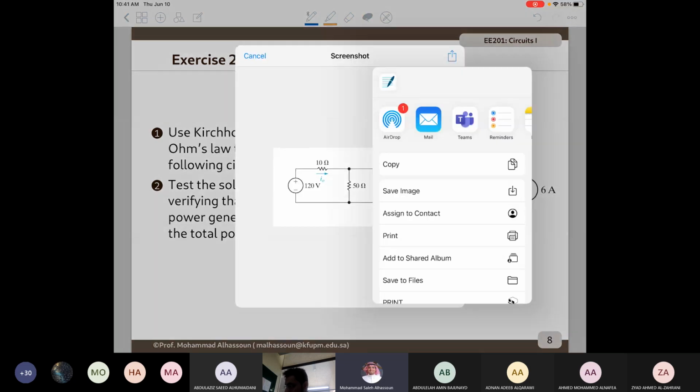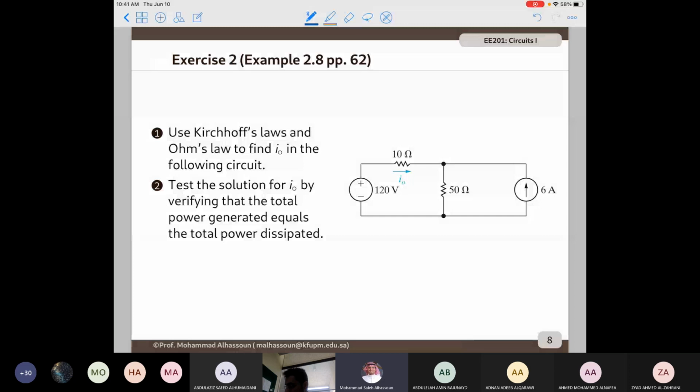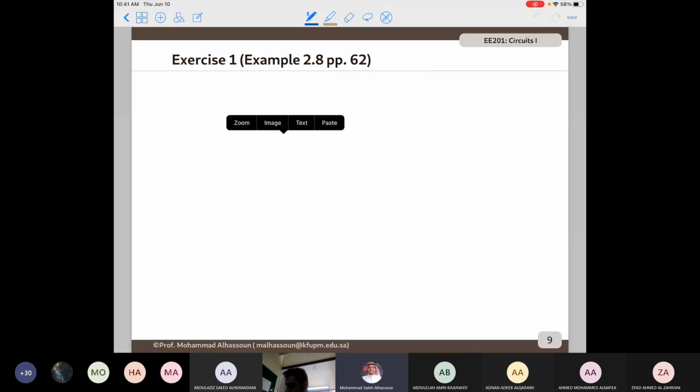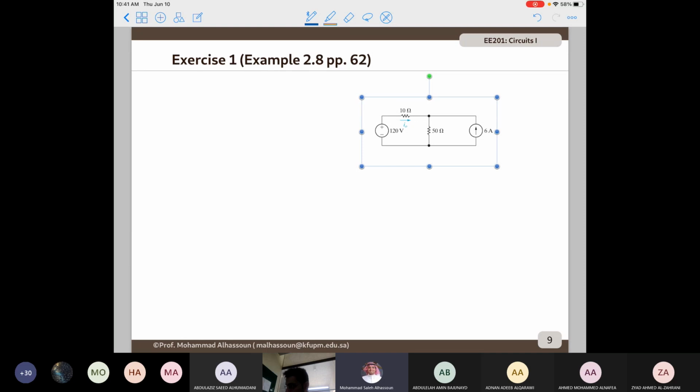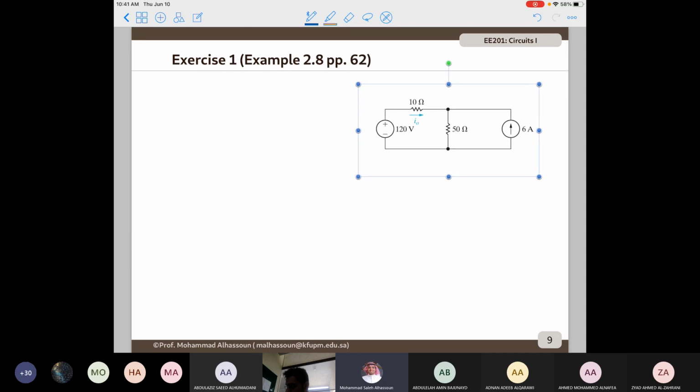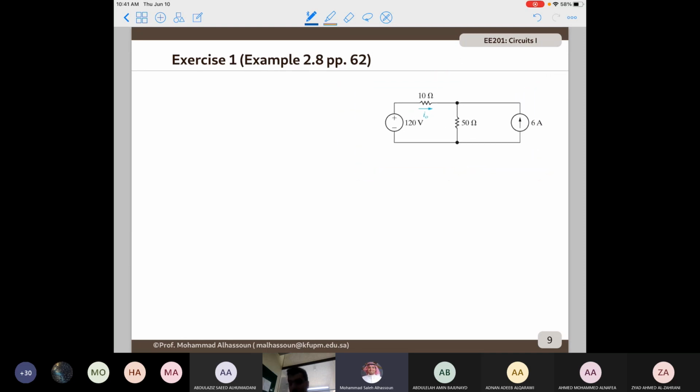Let me start with... okay. Ibrahim. We can start by taking the loop in the left. Okay, so